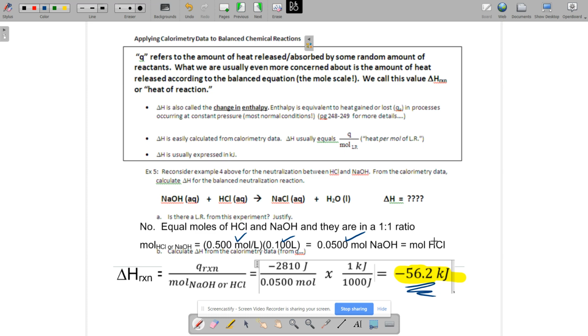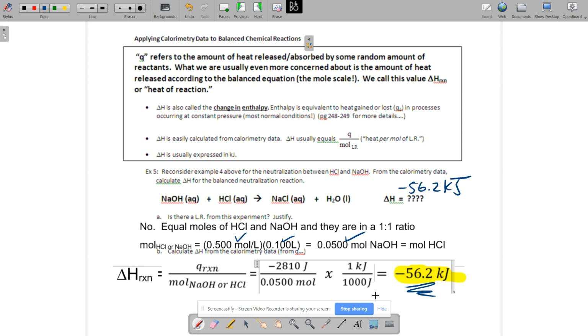Because when we do an experiment, we usually do it on a small scale. So we don't have anything close to a mole. We're like 0.05 moles, right? So then when I scale it up per mole, okay, the number is going to get astronomically larger. Okay, so for this balanced chemical equation for 1 mole NaOH and 1 mole HCl, we're going to release negative